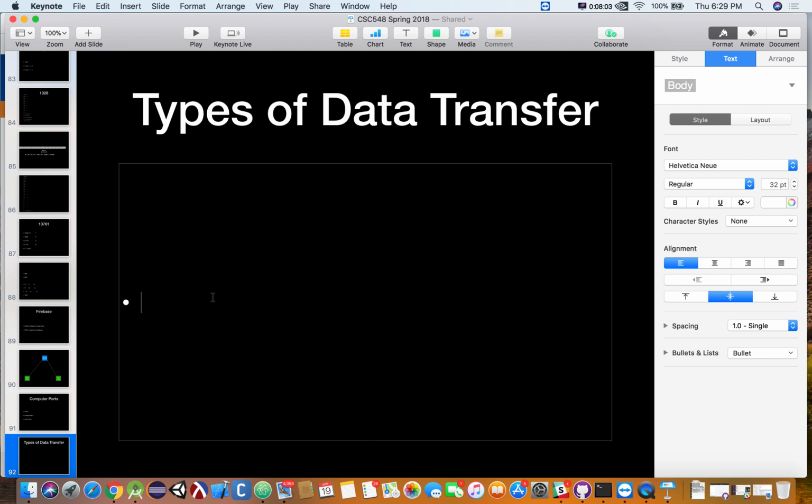So generically speaking, we can transfer data in parallel. We can also transfer data in serial. What's the difference? If I send data serially, let's start with that, what does that mean? One after another. So we'll just say 1 bit at a time, one after another. That's a serial connection. So now, conversely, parallel must mean more than 1 bit at a time. Okay, more than 1 bit at a time.